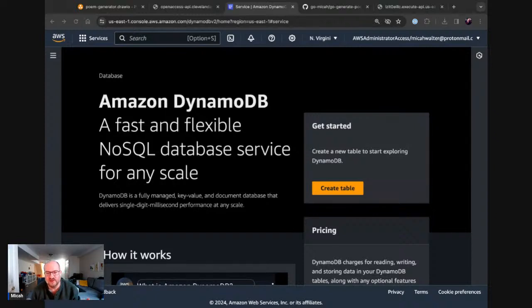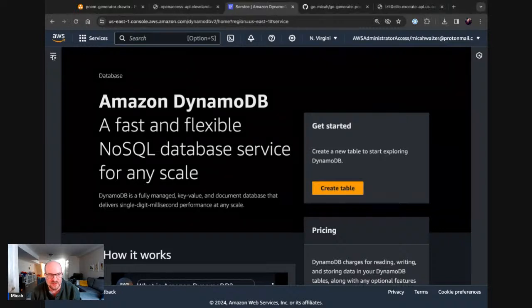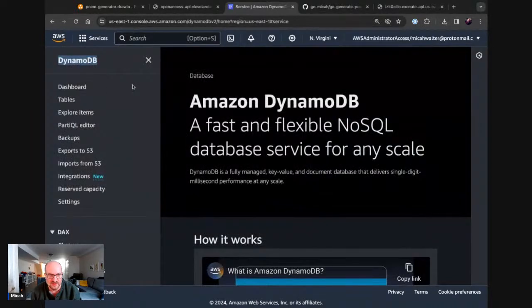What I think is super cool about DynamoDB is that there's literally nothing to provision. And this is the thing that confused me when I first saw it years ago: you just go to DynamoDB and it's there, ready to rock and roll. There's no servers, there's nothing. It's just ready. There's no database to start with.